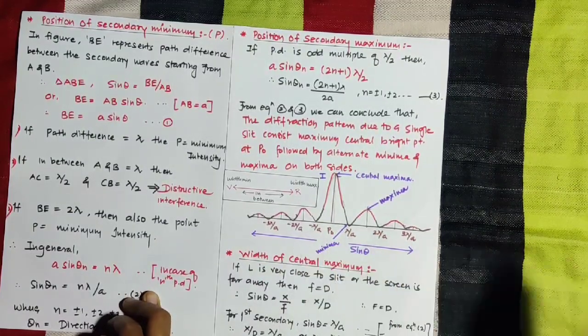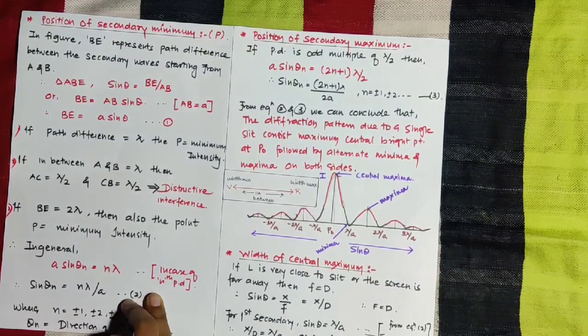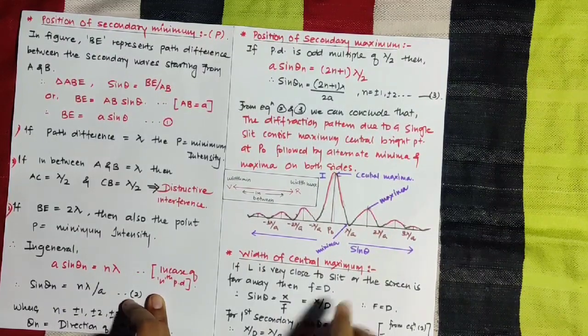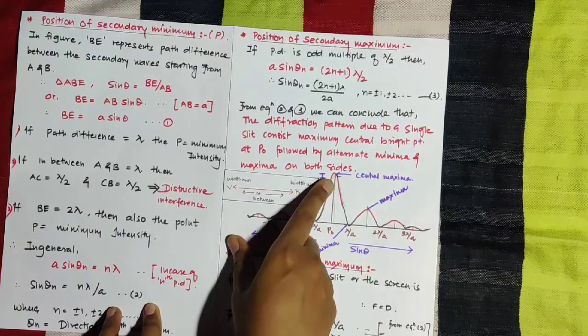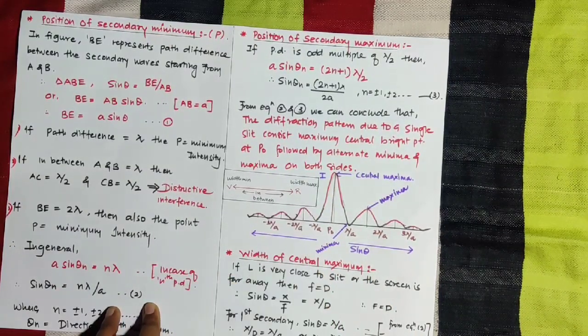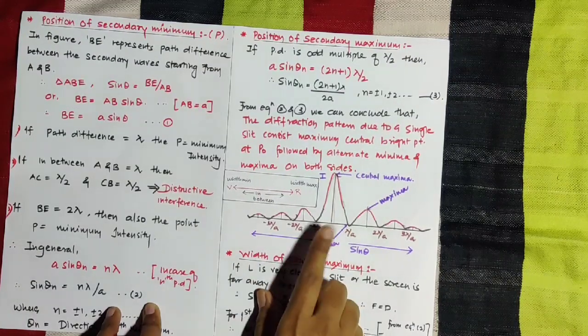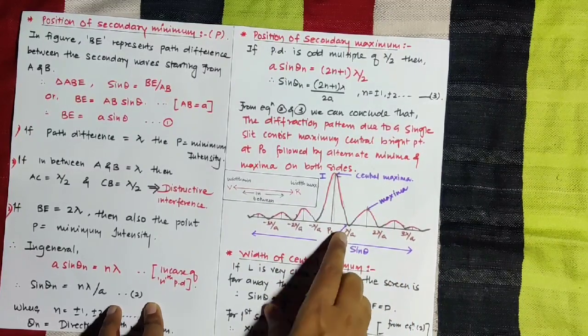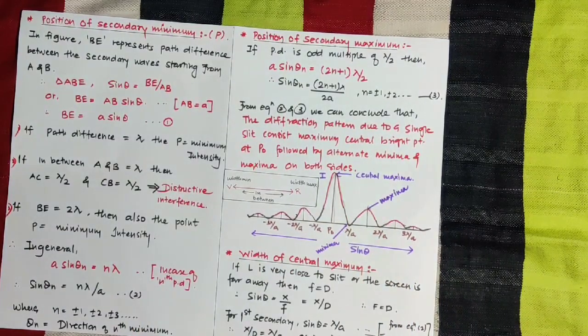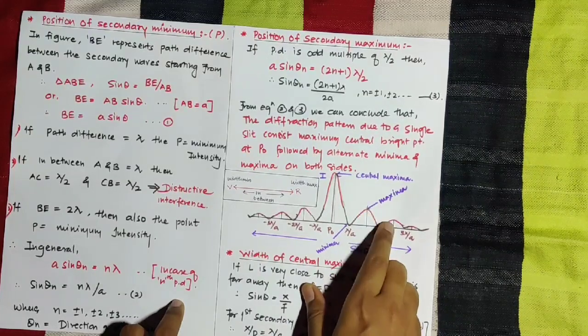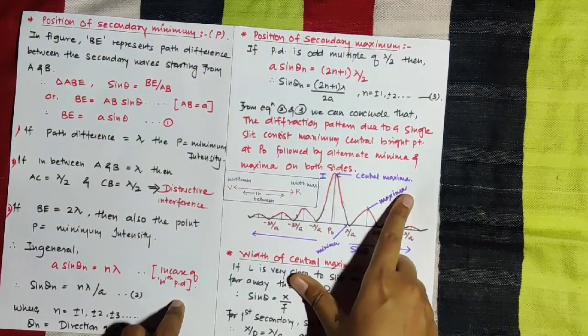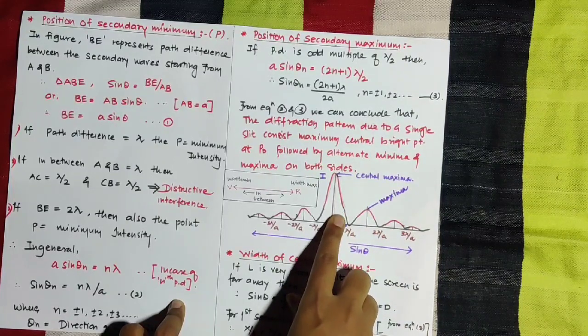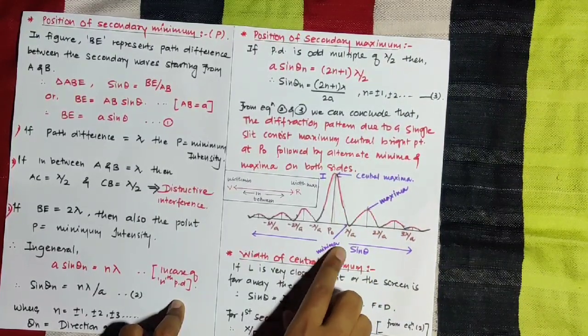That means whenever theta, the angle, changes, the secondary sources get disturbed, because of which the angle changes. At point P0, the central point of the given slit, that is C, we consider the central maxima. That means at point P the intensity is maximum, and apart from P0 we consider alternate minima and maxima. The top peak of this wave we consider as maxima, and the lower peak, shown by black lines, we represent as minima.